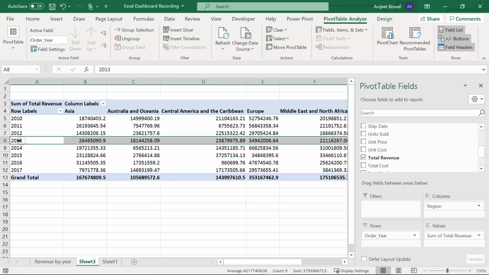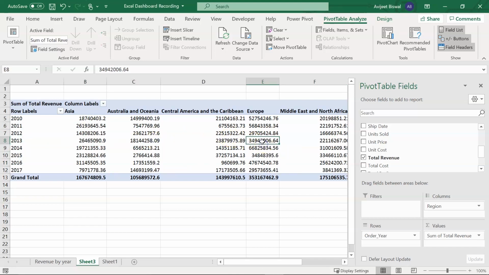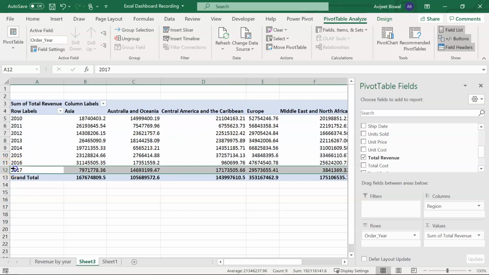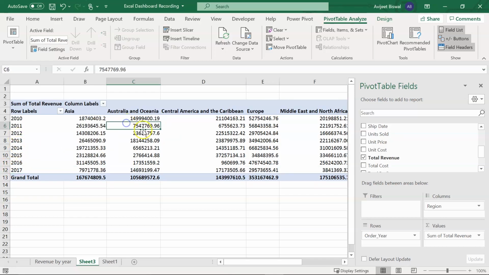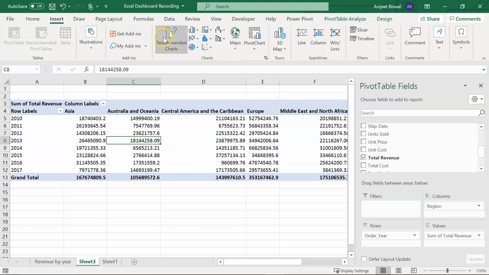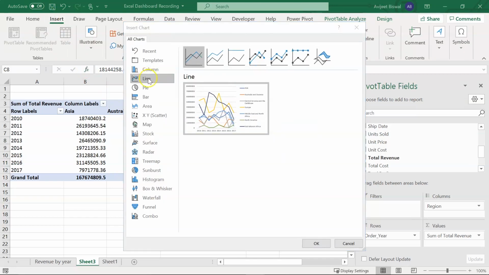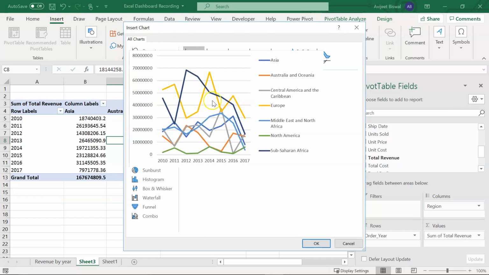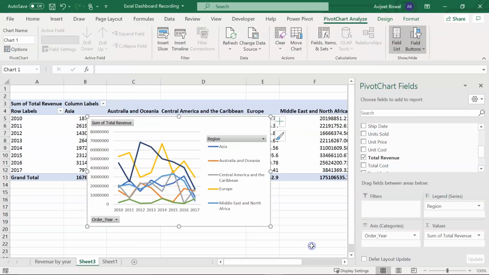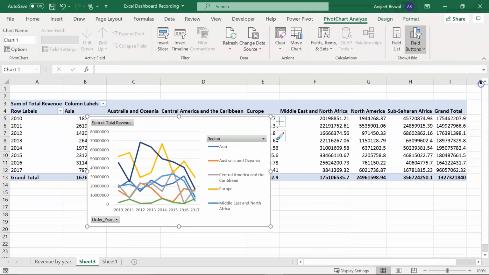Similarly, if you see for 2013 this was the total revenue generated in Europe, and we have for other years as well. Now let's create a line chart based on this pivot table. So I'll select any cell in the pivot table, I'll go to insert and I'll click on recommended charts. From this list I'll select my line chart and click on OK. There you go. So we have our next pivot chart ready.